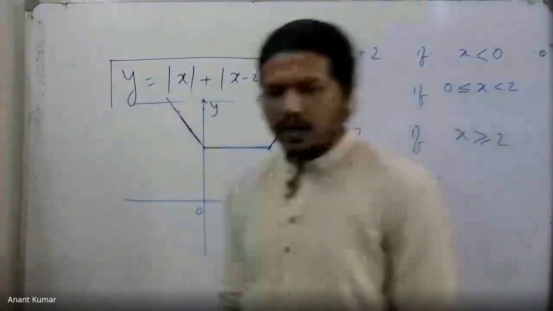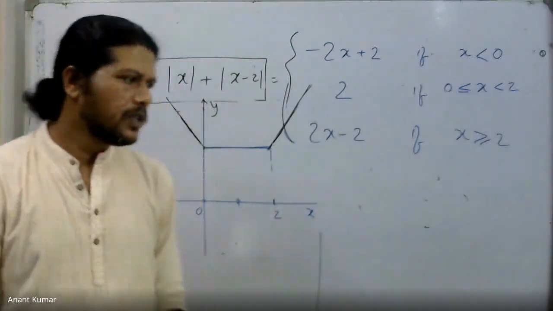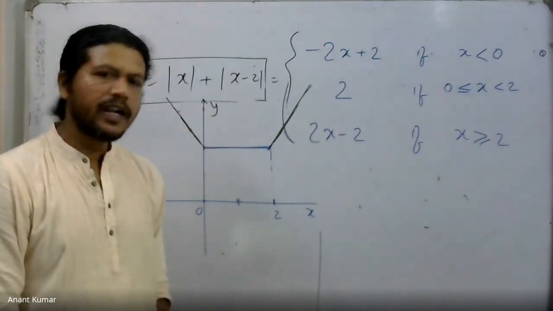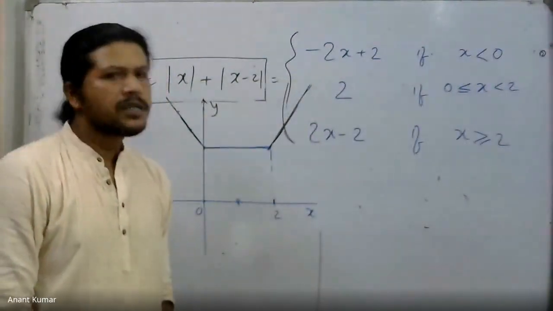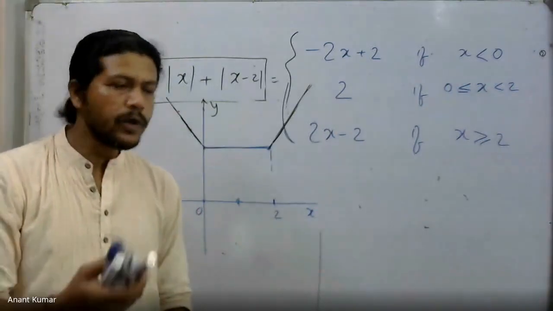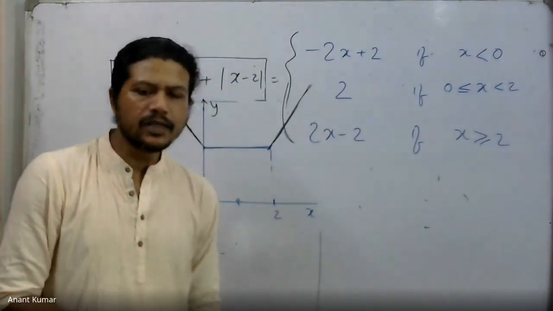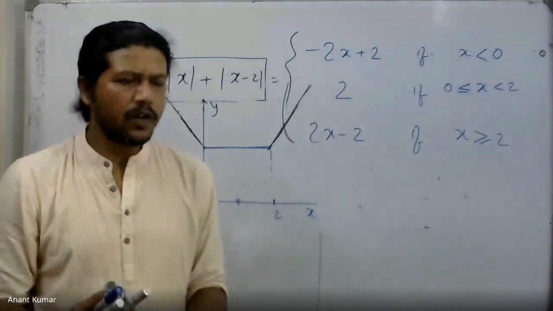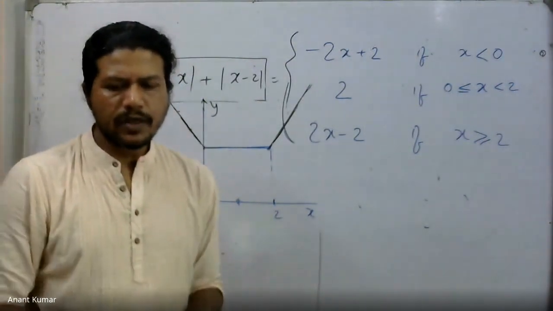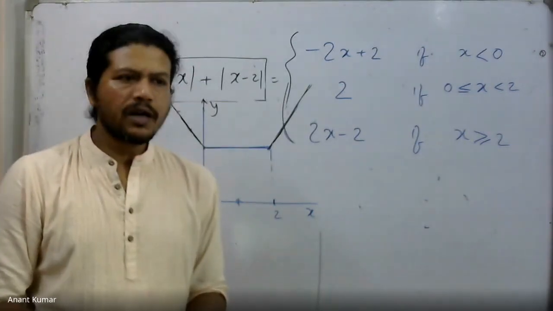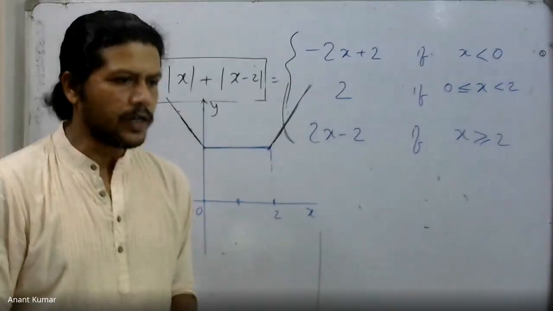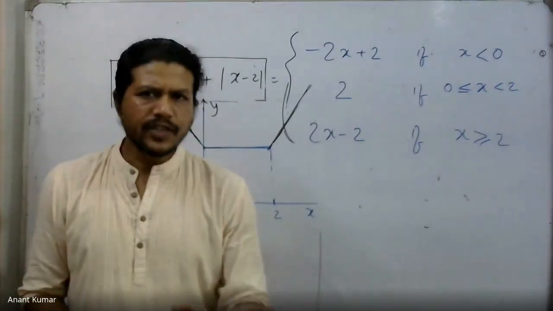Hold on a moment, I'm just coming to that part over there. It's usually not very easy to plot rational functions because behavior might be very complicated, but in some cases, if the degree is not very large, the powers of the numerator and denominator are not very large, we could roughly plot them. We cannot do it exactly, by the way. Exactness will not always be possible. For example, if I take a very complicated function, then apart from the computer, there's no other way to plot it. But we can talk about a rough sketch, which we can always do.